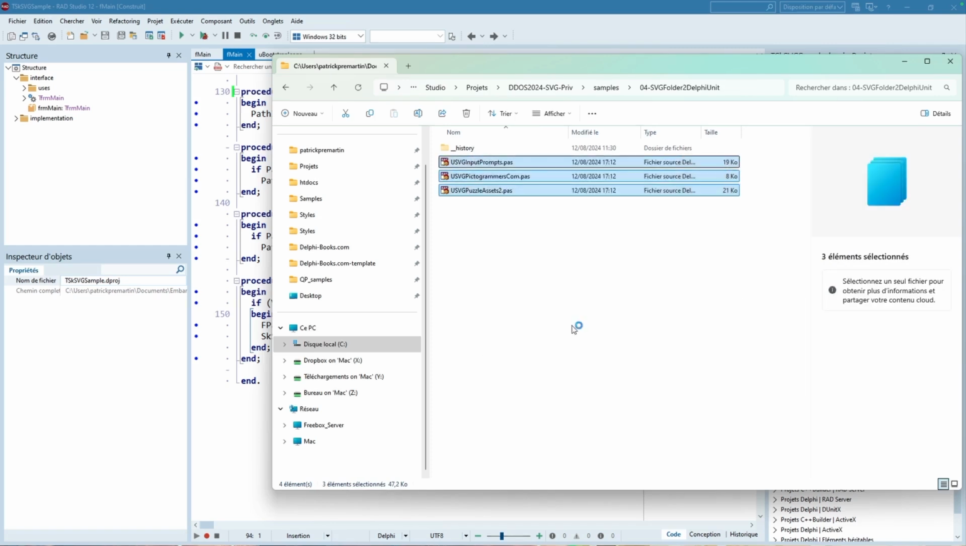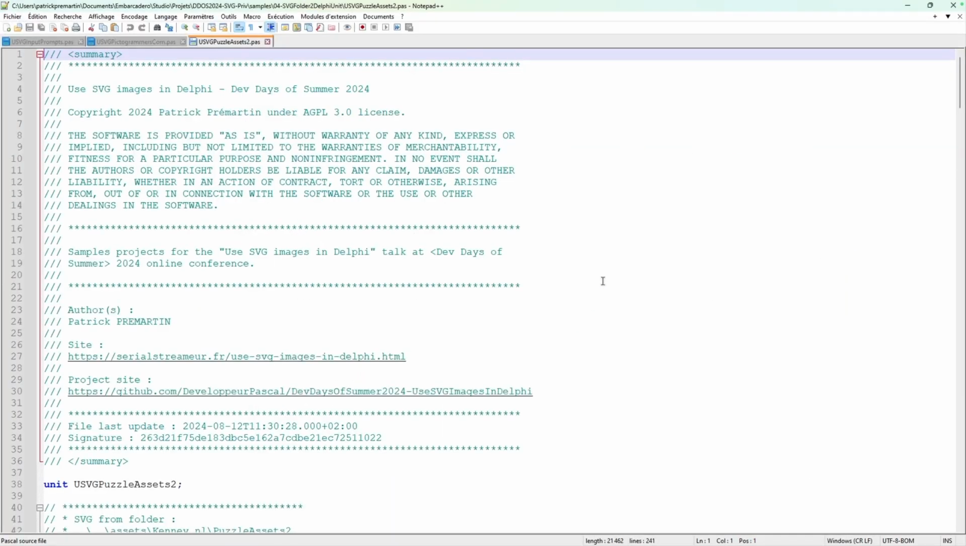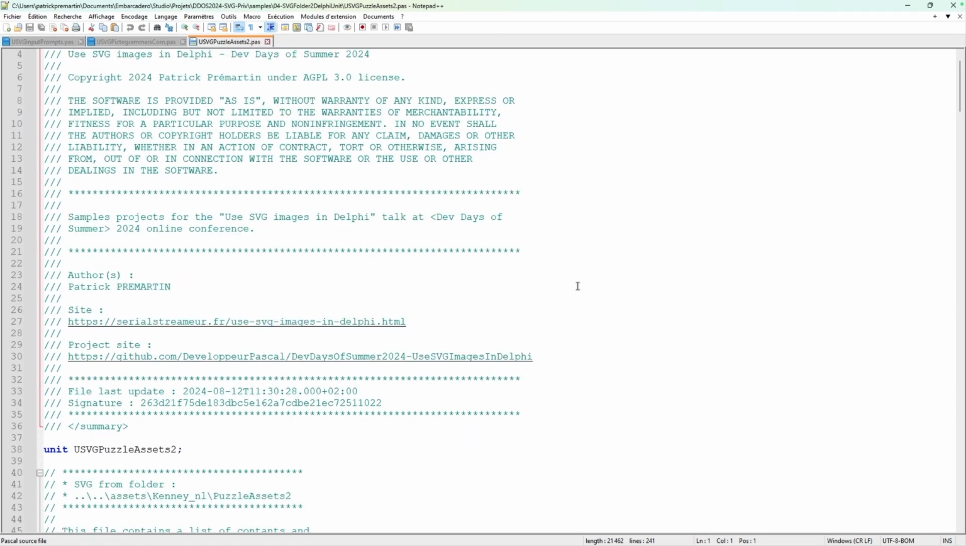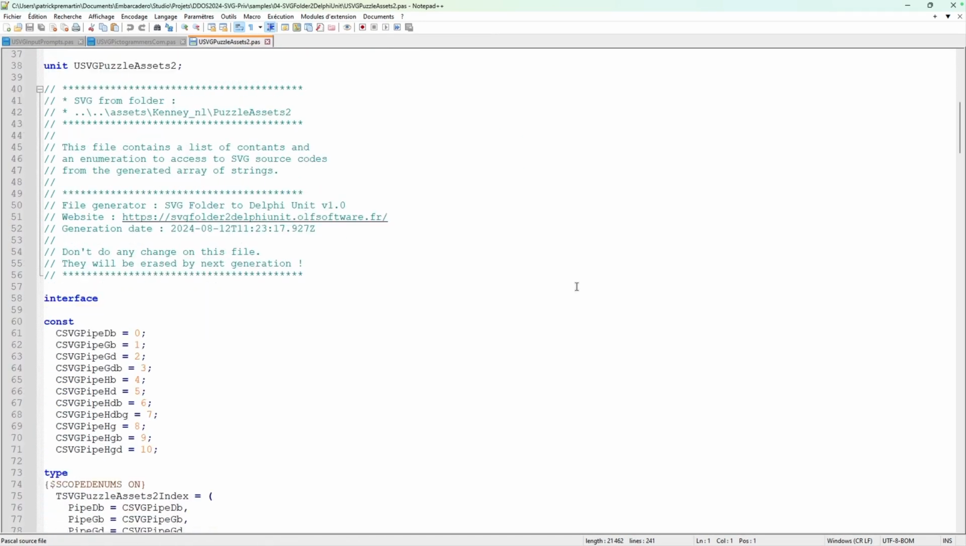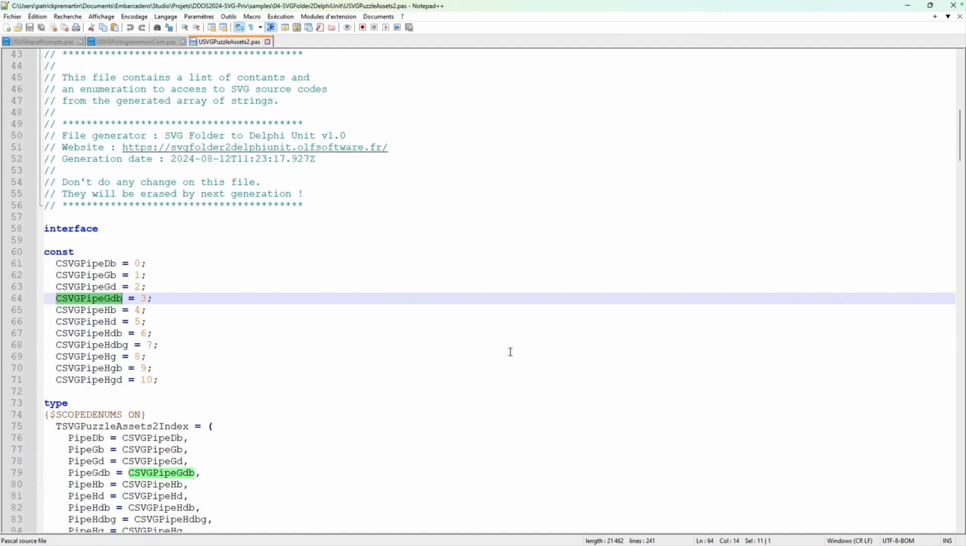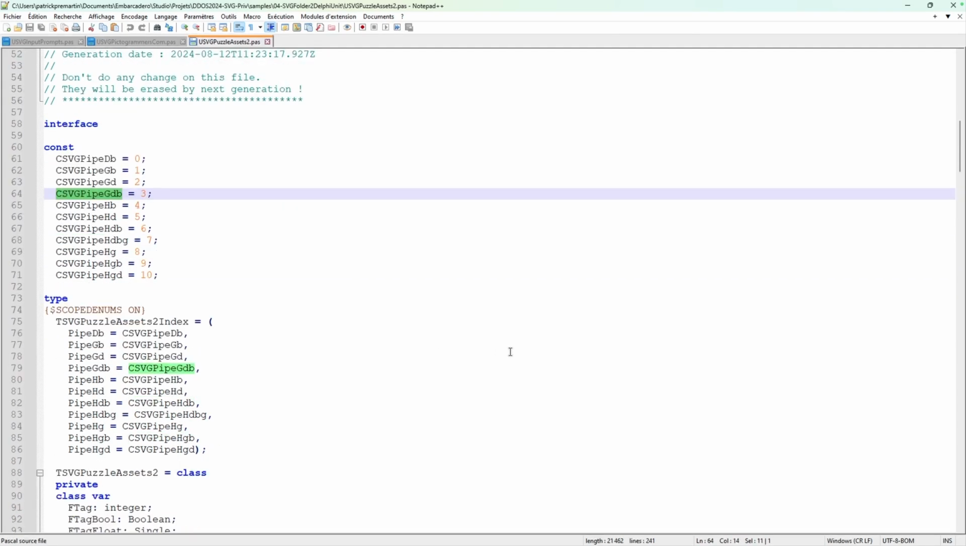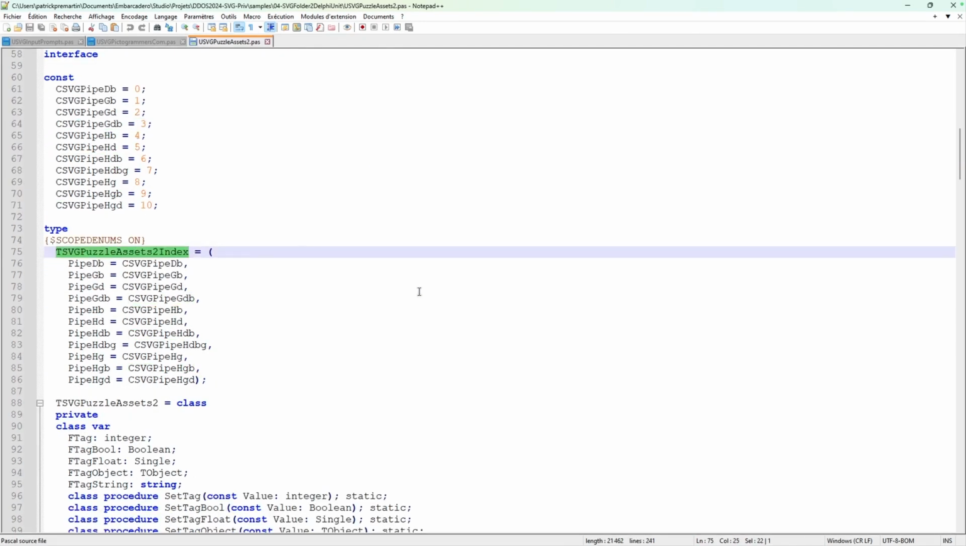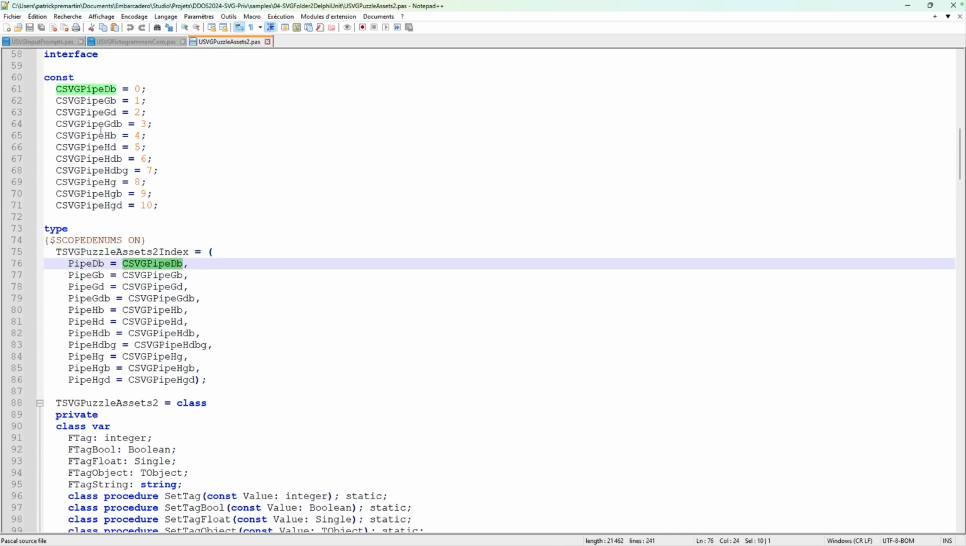Yep. I have 1 unit per folder. And the content of the unit is simple: we have const with the ID of the image in the list, so you can use the name of the file instead of its ID. Very useful if you regenerate the unit. You have an enumeration with the name and the same value, of course,